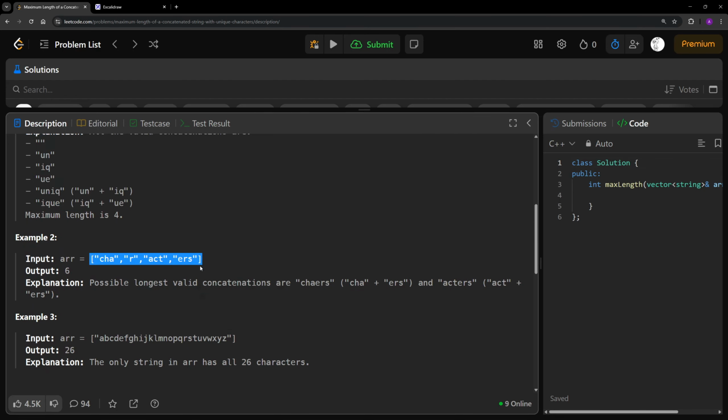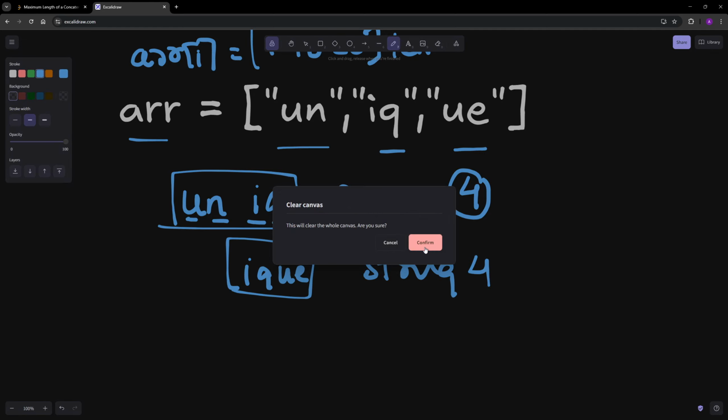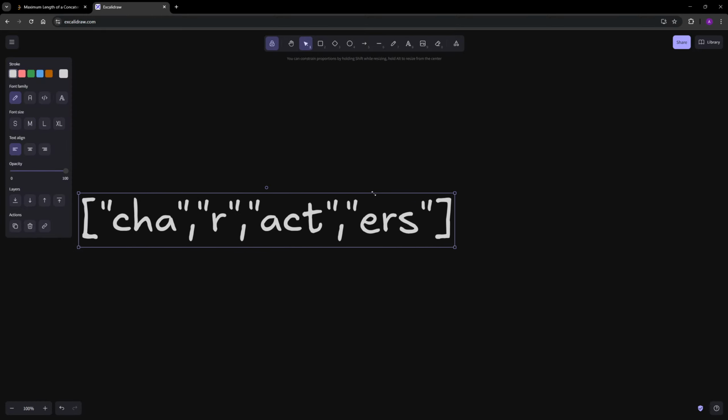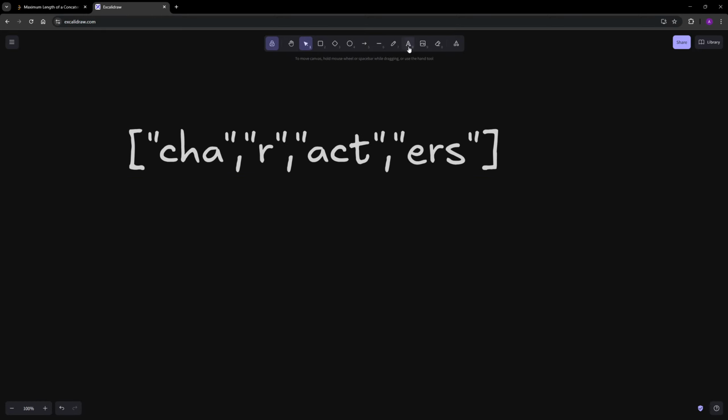Okay, now let's take this given example so that it's very clear to us. Now in this one what will happen, what do you think? You tell me. I feel you know what you can combine. I'm just telling you, this CHA can be combined and this R can be combined and this ERS can be combined. So effectively how much is it, 4 + 3 is 7. Okay, oh no, did I go wrong? Oh yes, R is repeated here, see, that's why I don't look at examples.